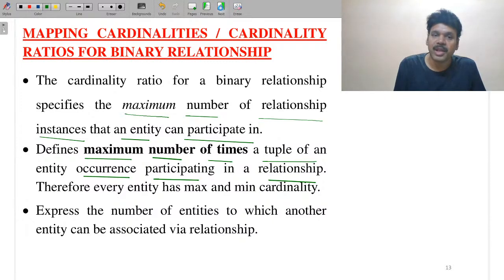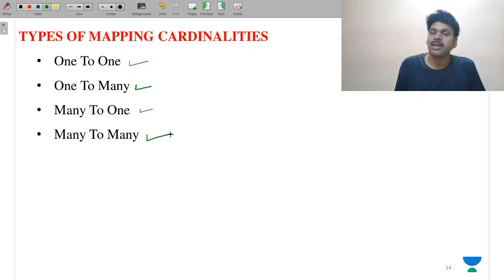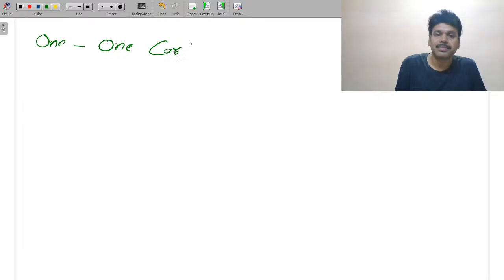Therefore, the following are the cardinality rules. Number one, one to one. Then one to many. The other one, many to one. The other one, many to many. So what is the meaning of this? Let me explain through an example of one to one. When you talk about one to one cardinality,